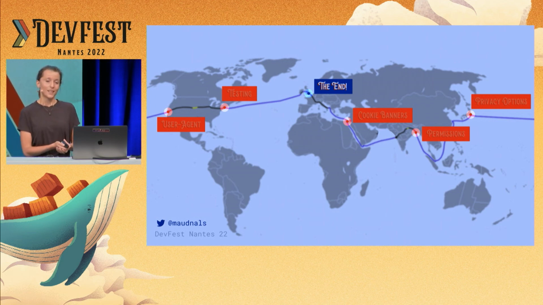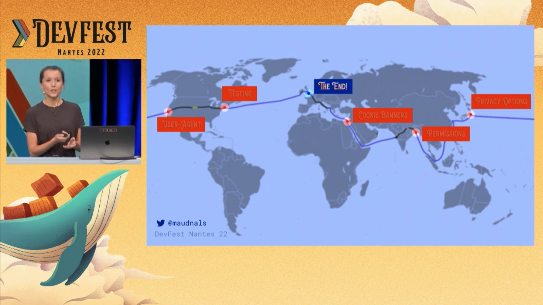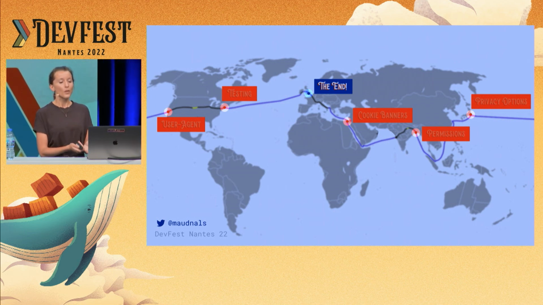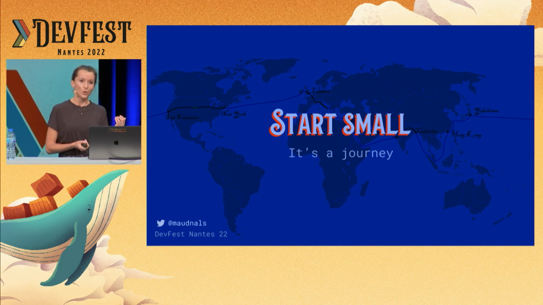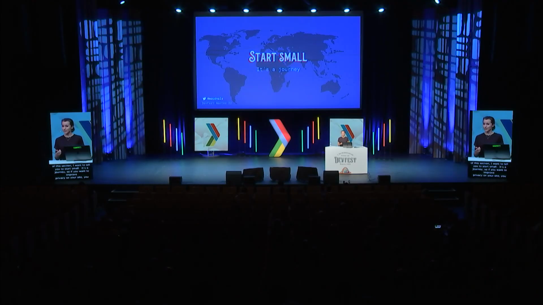So I won't make a recap, but if you take one thing out of this session, I want to tell you to start small. It's a journey. If you want to improve both privacy and UX on your site, you can start small by applying maybe one of the tips I shared with you today, or just discussing that with your team. For example, what are our options for our third parties? Maybe it's a question worth asking on Monday. So I hope you take that home with you.